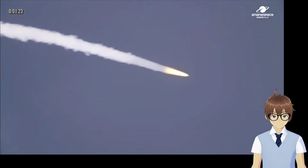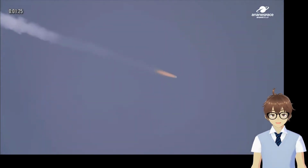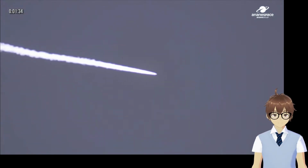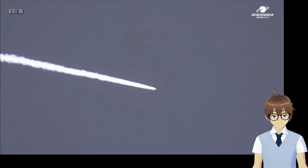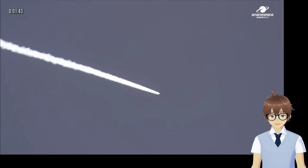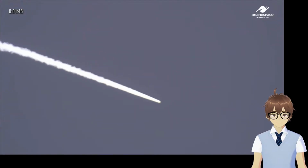Some great views here from our cameras. Already Mach 2 plus right now. Almost 2 times the speed of sound, or maybe already 2 times the speed of sound. First stage here, which is getting us away from the gravity. And by now, almost ready for the solid rocket